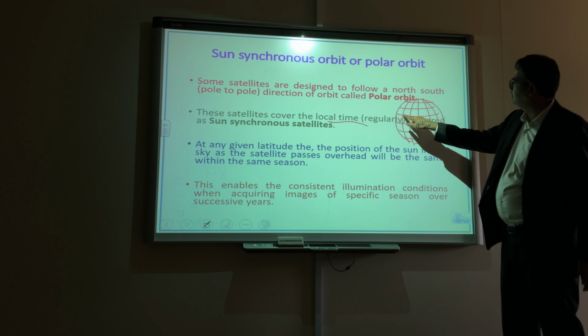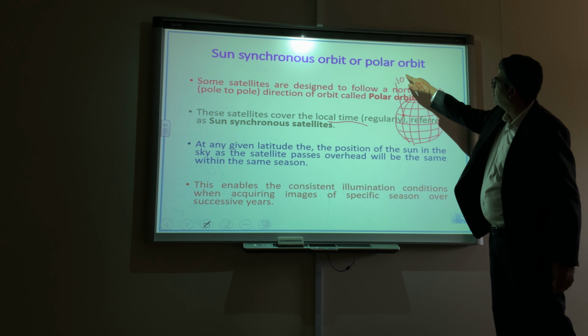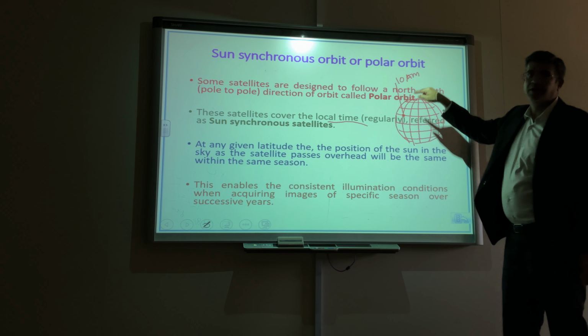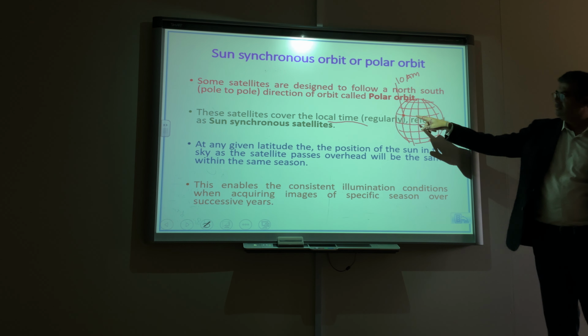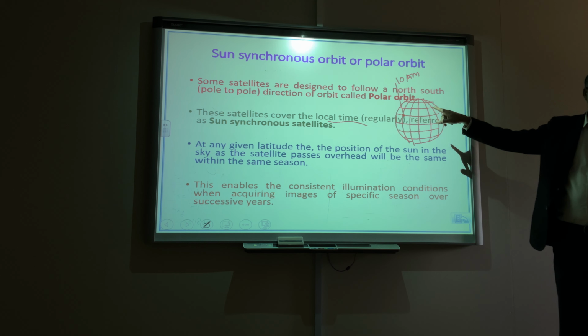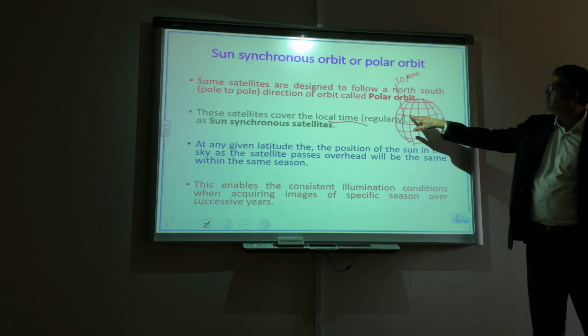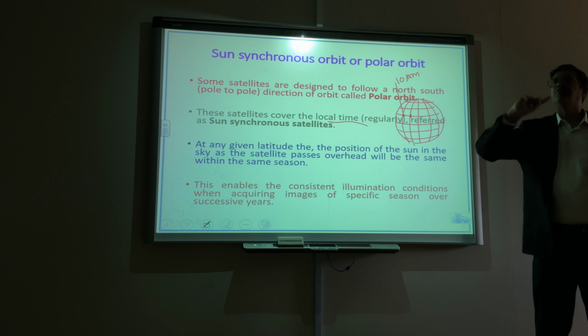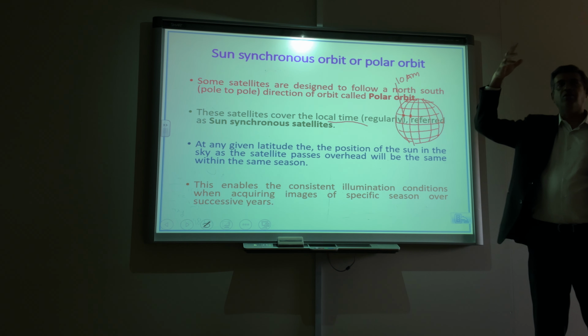Now the satellite, say at this position it was at 10 a.m. in the morning. Okay, the position of the satellite will change, but again at 10 a.m. in the morning it will be in the same latitude. Okay, the longitude there will be displacement, it will be at another location,